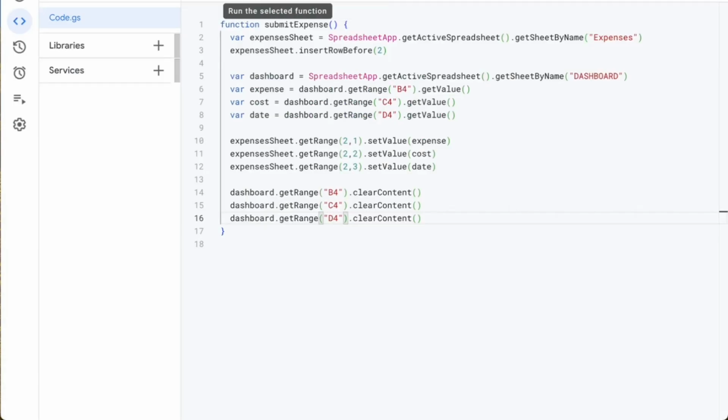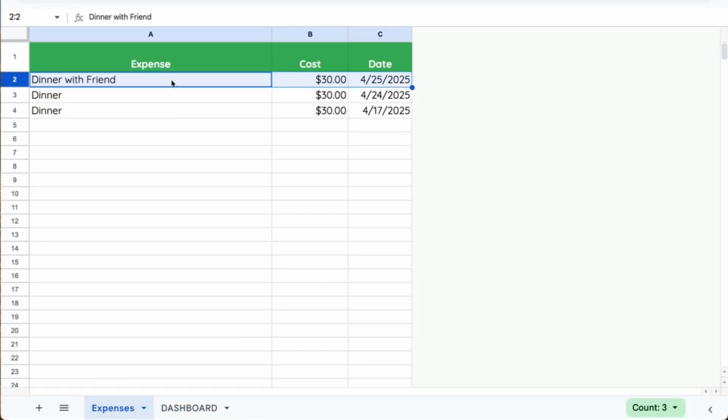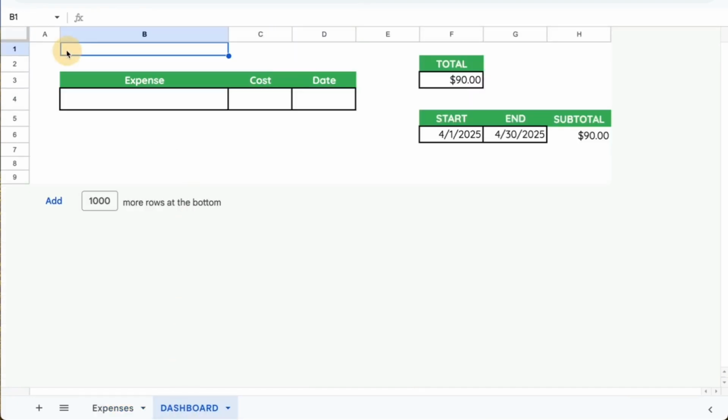So let's click Run with Submit Expense and test it out. We're going to have to authorize it the very first time we do it. We don't have any errors, and we have our dinner with friends submitted. Cool, it's working. I want to do one extra thing, which is insert a drawing to a clickable button here